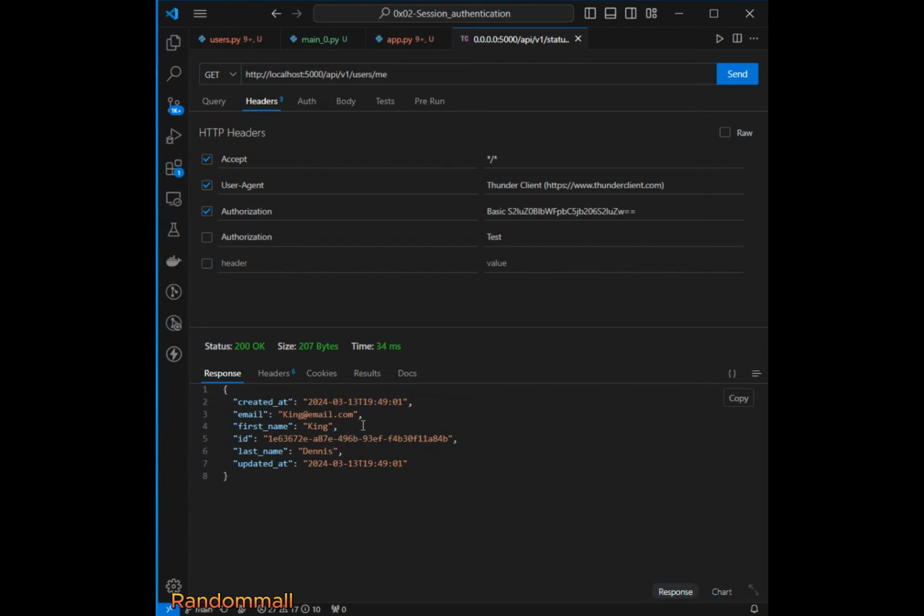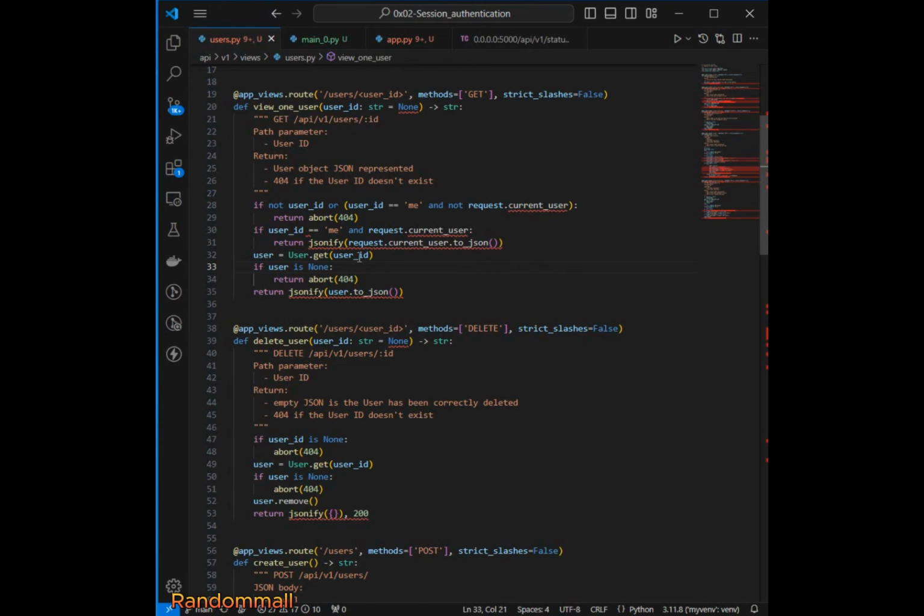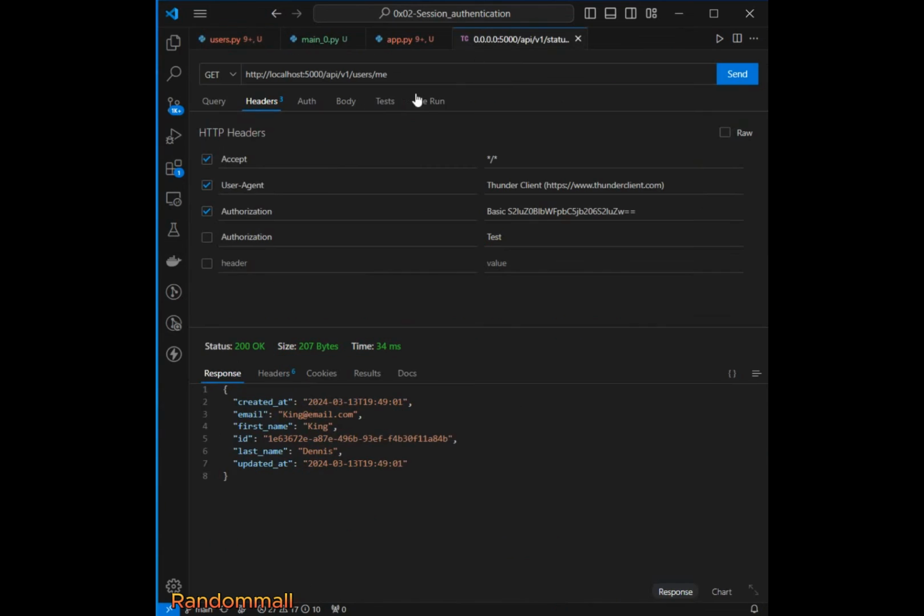But assuming that, in our check we said if user ID is me and there is no request of current user, we're going to return a 404. So user ID is me. If I should take out this,